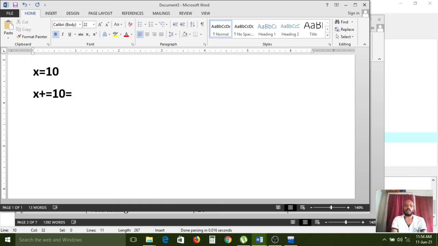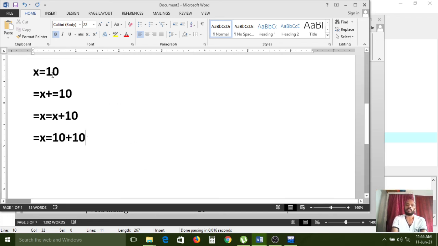Internally it converts to x equal to x plus 10. What is the value right now? x equal to 10 plus 10, because first we assigned the value 10 to x, so the x value is replaced with 10.